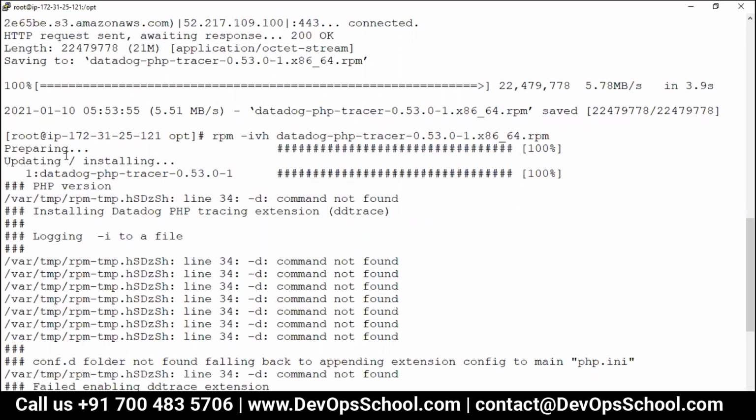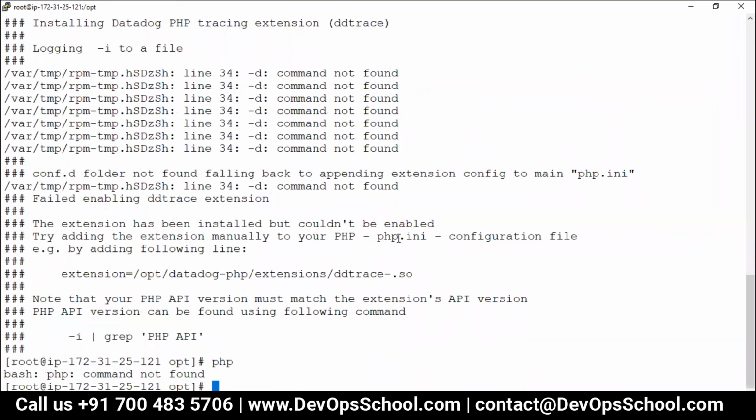This package which you are installing, it got installed. Datadog PHP Tracer, this is one of the applications, it got installed. But installation got successful, but they wanted to configure it also. But where? In PHP. But in PHP, where do the configurations come? They configure in the PHP INI file. Okay, PHP INI file. So it was not successful. So you have to do this one manually. Where did this Datadog extension get installed? Here it got installed. Did you understand this problem?